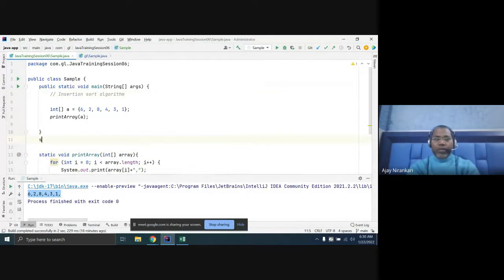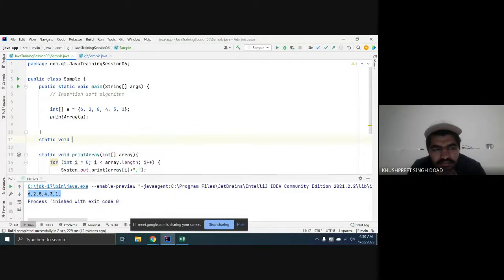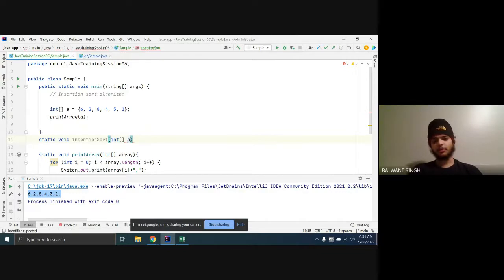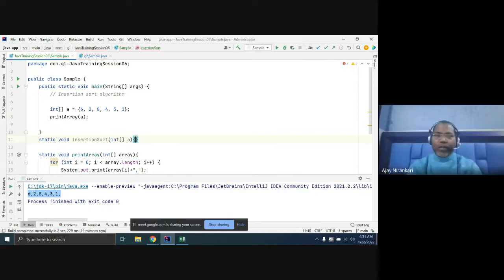Let us write insertion sort. That means with insertion sort, you are finding the proper place of an element and inserting it in the array, right? So the name is insert. We will not use a new int type array because we have to return. We will make a new array in this method. Let's look at it.